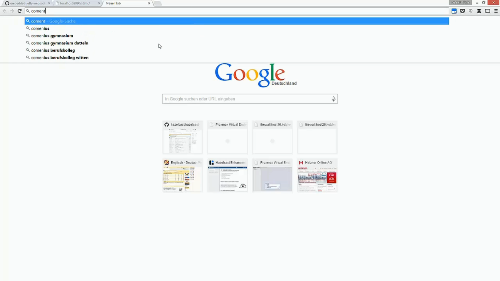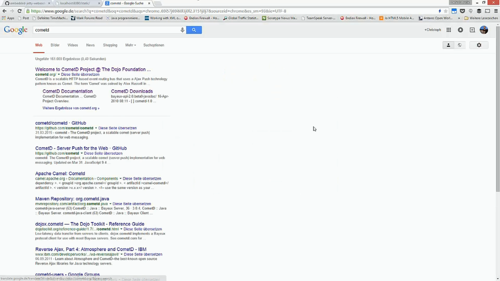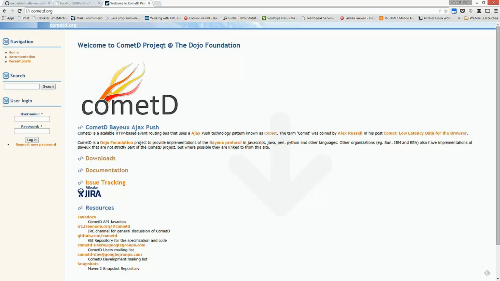If we search for Cometd, we find this Cometd project, which is part of the Dojo Foundation. So everybody who knows the Dojo JavaScript framework might know the Dojo Foundation. Cometd is designed as an implementation of the Bayeux protocol, which is like an HTTP push technology.